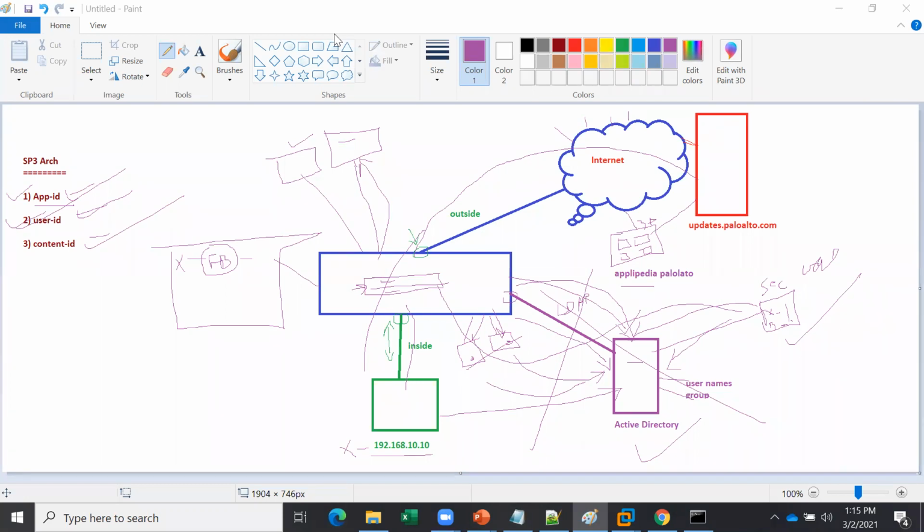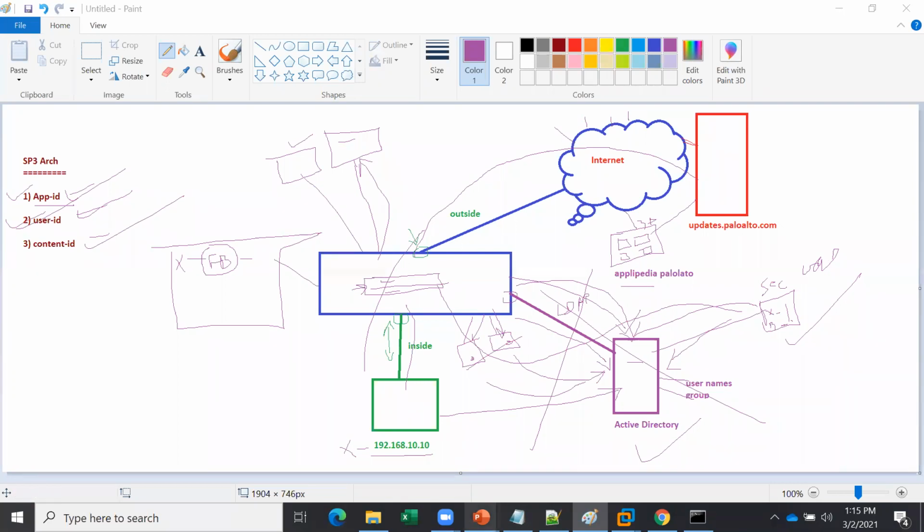Yes, I'm also here. Okay, good. Hussaini bhai, are you with me? Yes, of course, from the start of the session. Okay, perfect. So now I think you are ready to talk about the content ID.